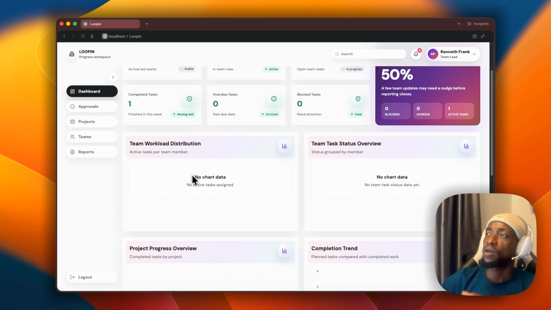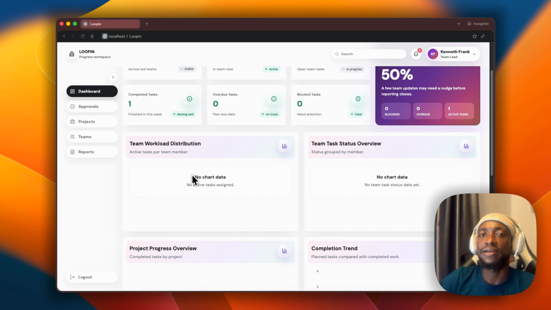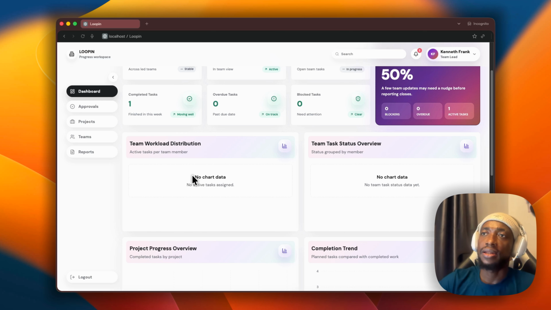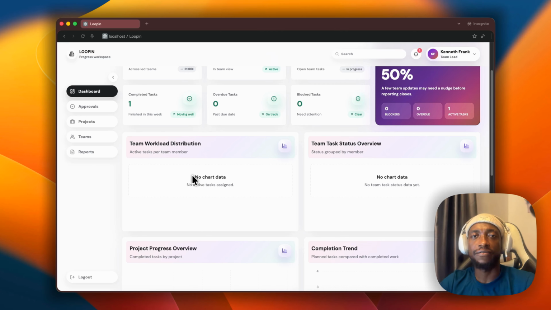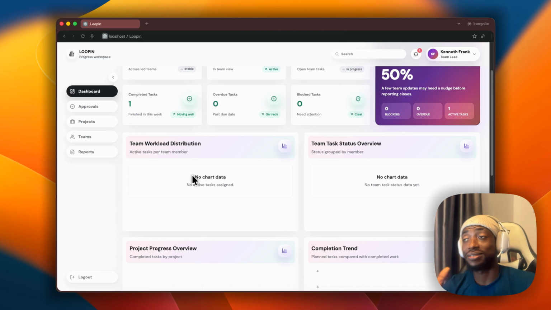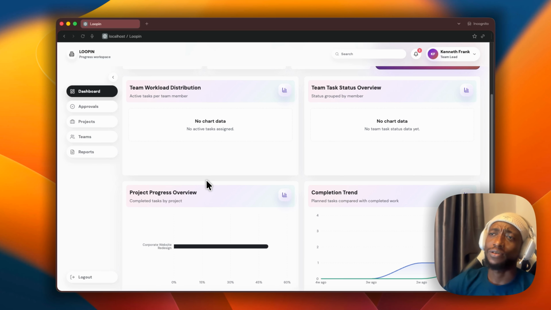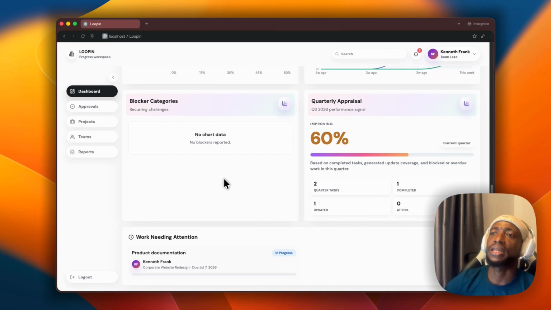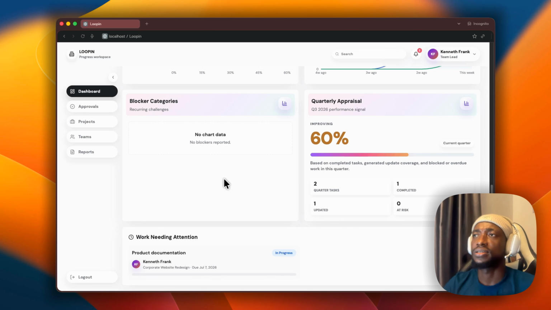This one gives the team lead an idea of how tasks are currently being distributed. So if we have like 5 team members here, and then we have like 2 team members with active tasks, the 3 are free, they don't have tasks on their desk. Kenneth here, as a team lead, is able to see that data, and then we also have some wonderful metrics here. But like I said, I'm going to do another video to explain these metrics